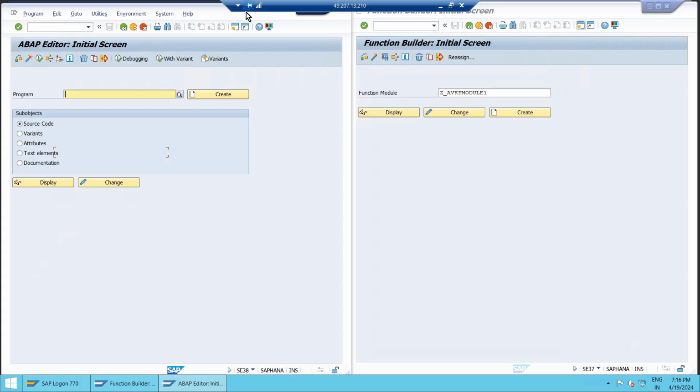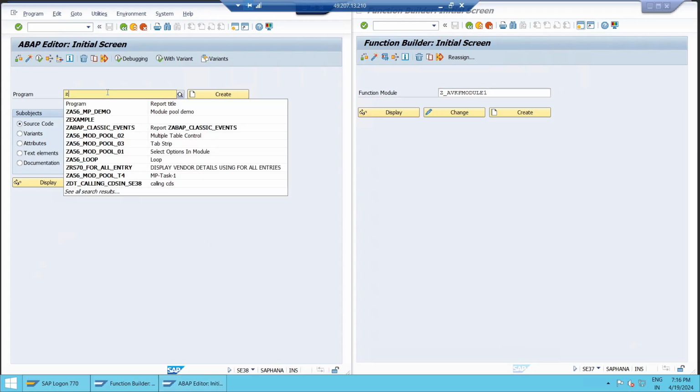So 37, 38. Both are there. The SC38 program is calling SC37. That's why, as per the sequence, 37 comes before 38. That is, you have to create a module first before calling it in a program. Right. So now, normally,